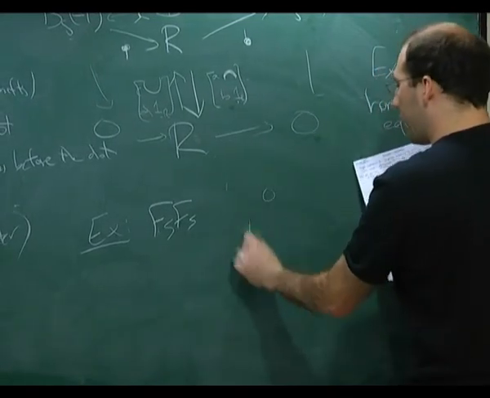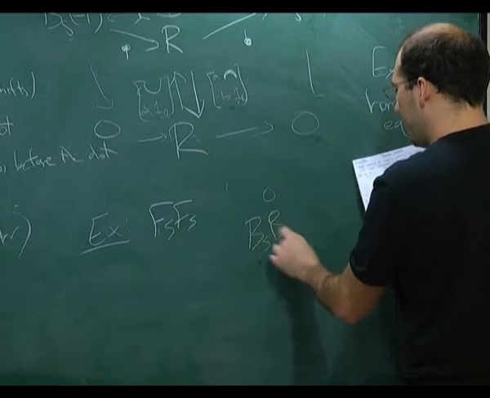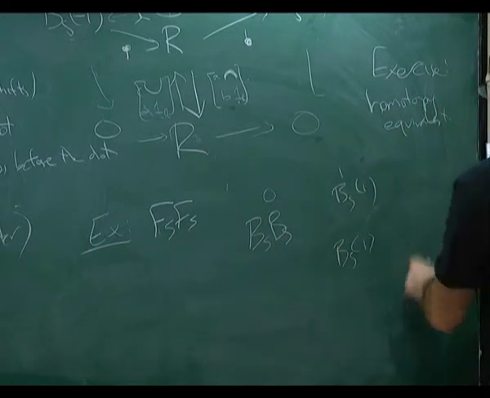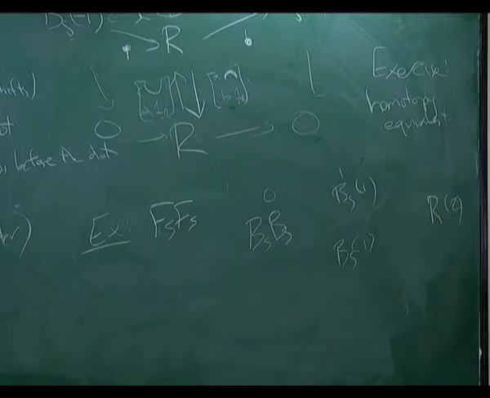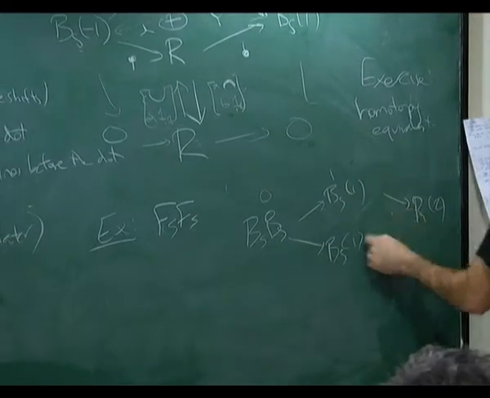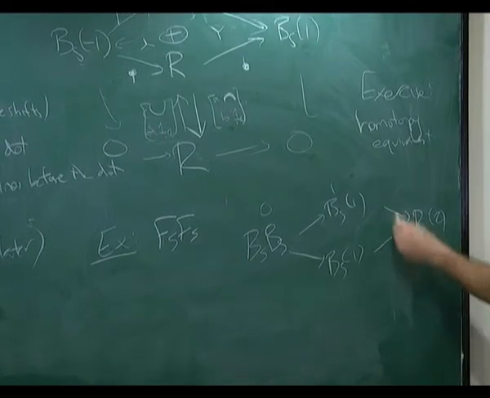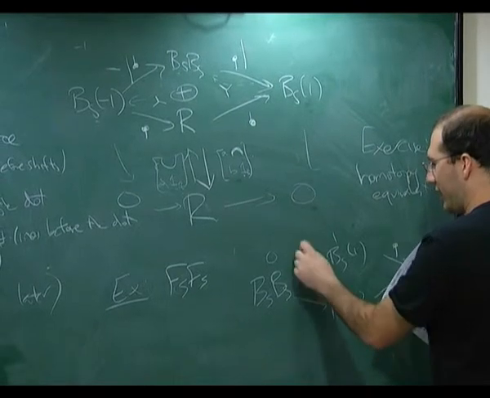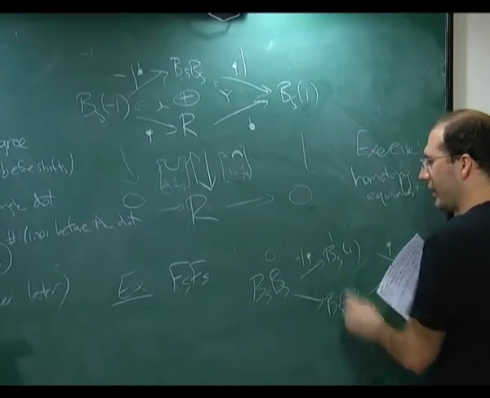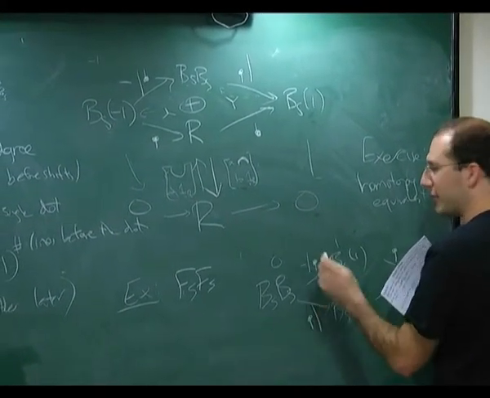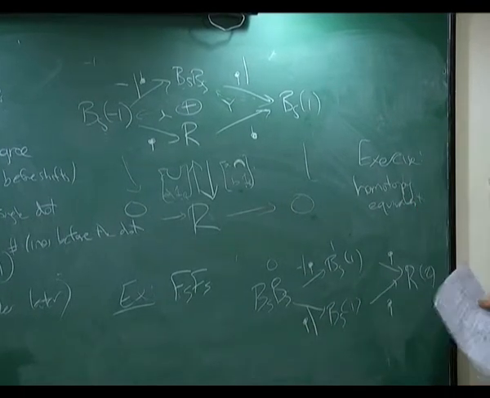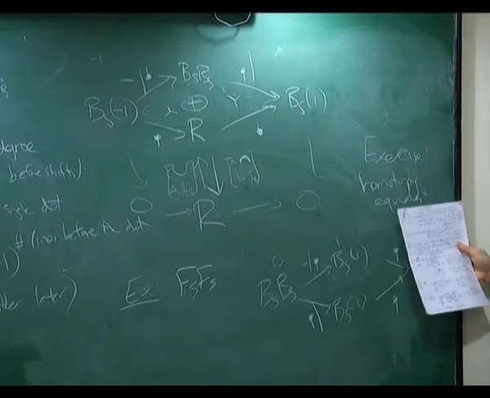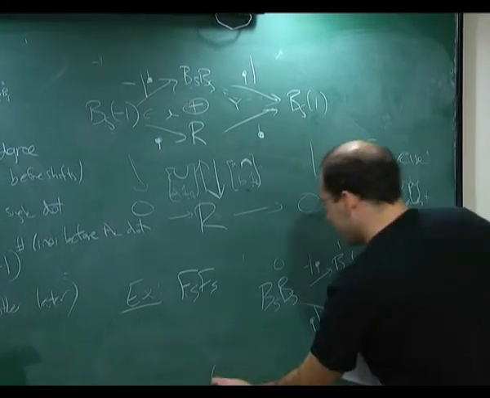So in degree 0, you're going to have BSBS. In degree 1, you're going to have 2 different copies of BS, 1. And then degree 2, you're going to have R with a shift by 2. So it's easy to guess what these maps are now. This must be the dot. One of these is the dot with a line before it, which has a minus sign. And the other is a dot with a line after it. Okay? And another exercise